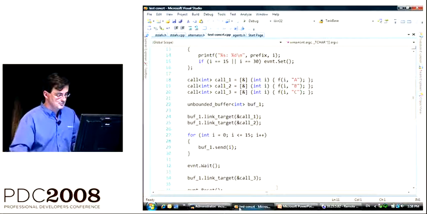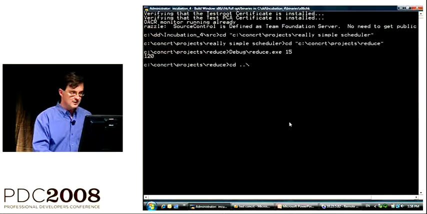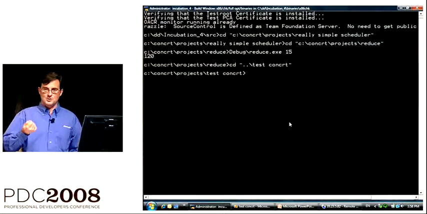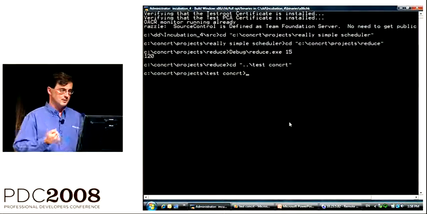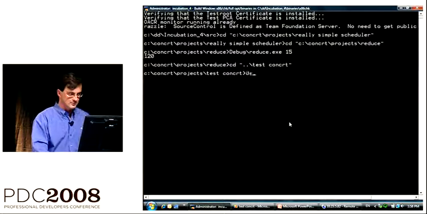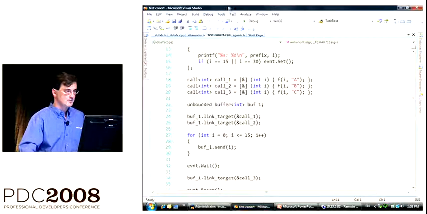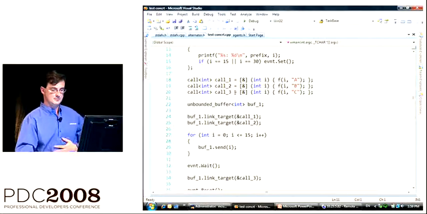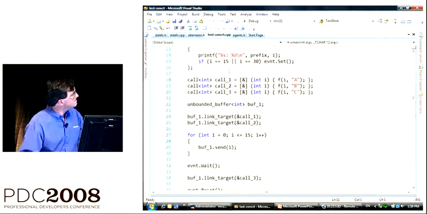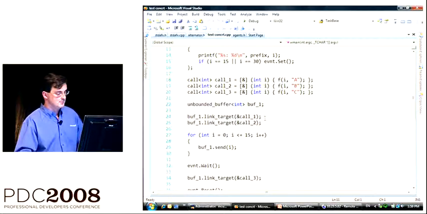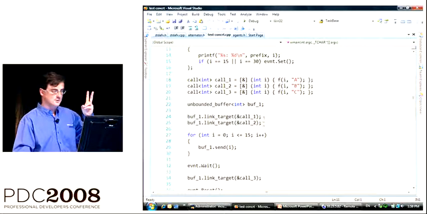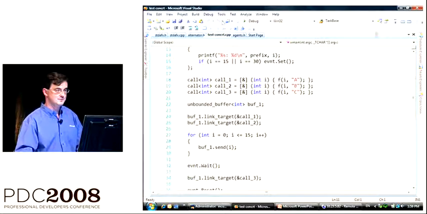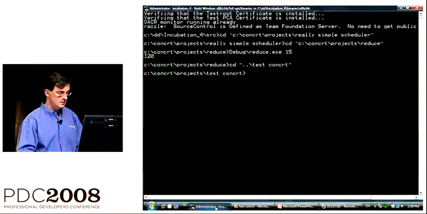You sort of kind of expect that. But our buffers don't behave that way. They are priority-based buffers. In other words, the order in which you're linked in gives you priority for the messages that are coming through the buffer. So if we build this thing as it looks now, I put this unbounded buffer in front here, and I'm linking up the 2 calls here first. I'm going to run with 2 targets first, up to 15, and then I'm going to link in a 3rd target and run to 30. If I build this and run it,